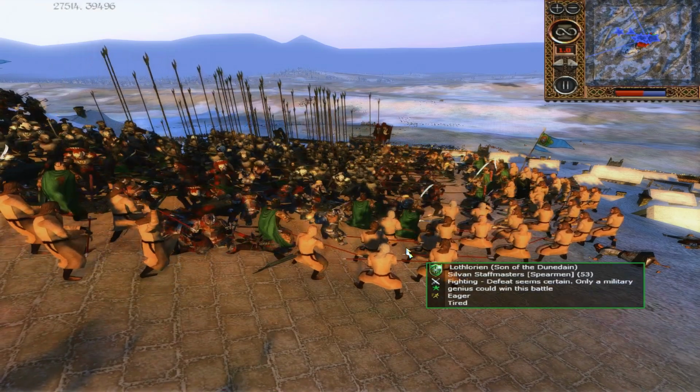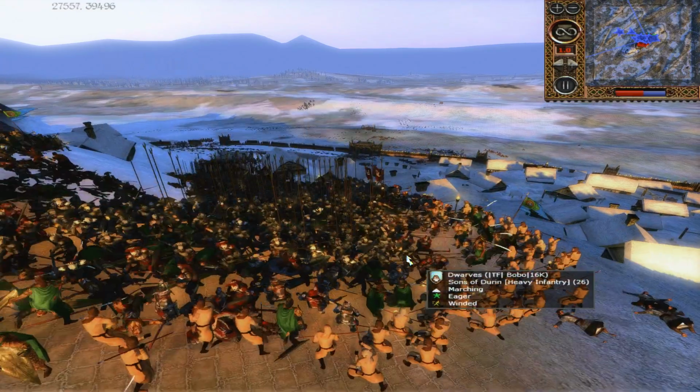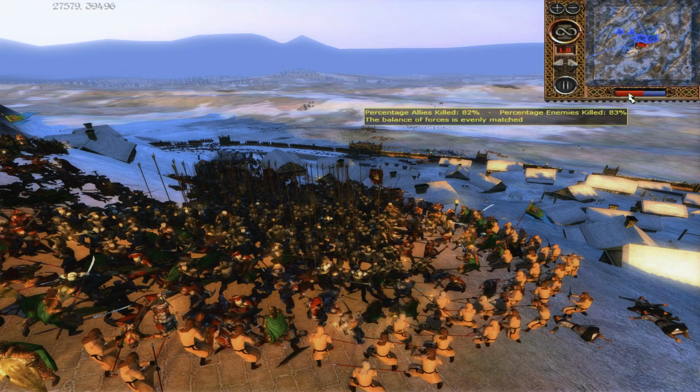They're just going to be here to sort of buy time and hope that the Mithril Guard can get as many kills as they can. What have we got going on here? And now